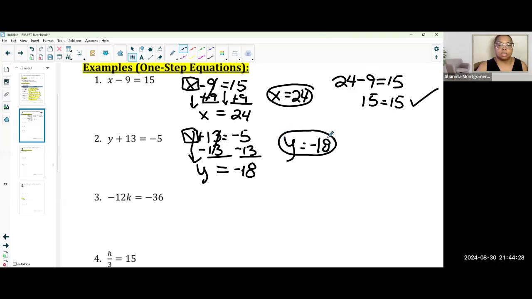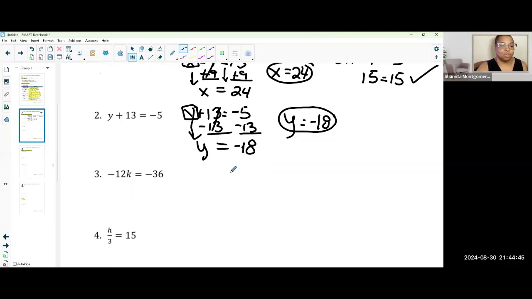Again, you can plug this in your calculator if you want, and you can type in negative 18 plus 13, and your answer will be negative 5. So far, so good. Okay. So number three,